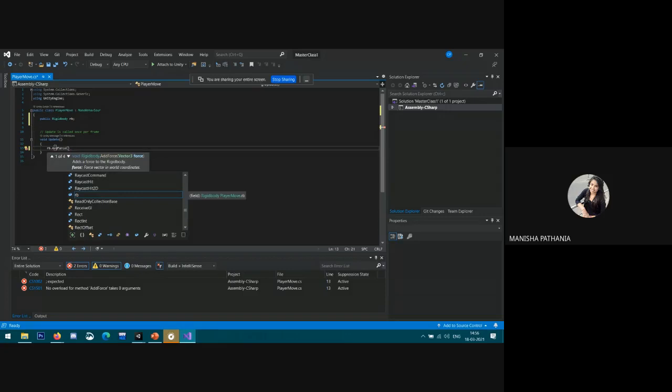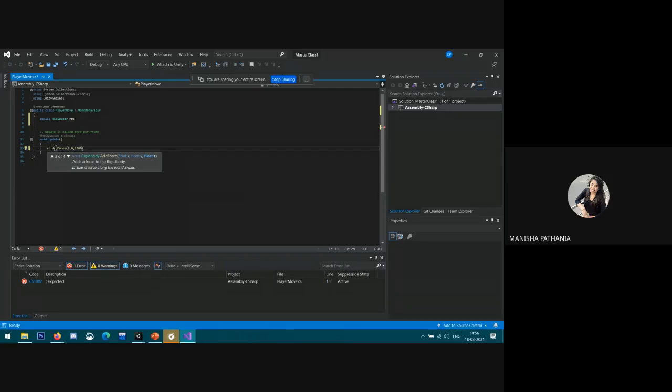First I want to move it in the z direction, say 0, 0, suppose 2000, let's suppose. And I need to multiply it with Time.deltaTime, because Time.deltaTime is the amount of seconds since the computer drew the last frame.